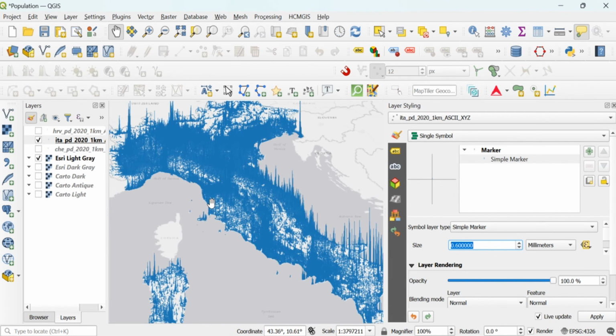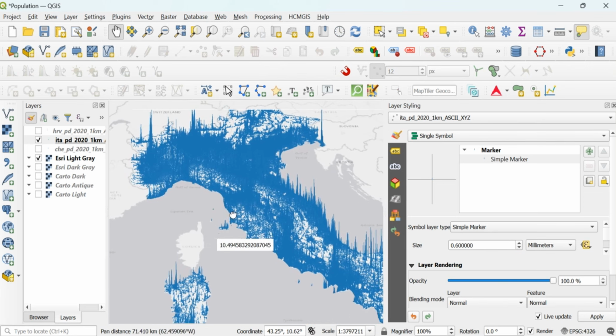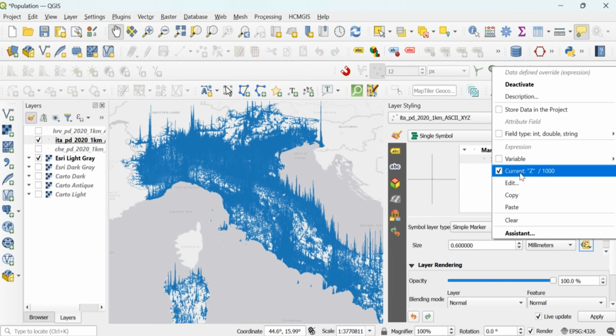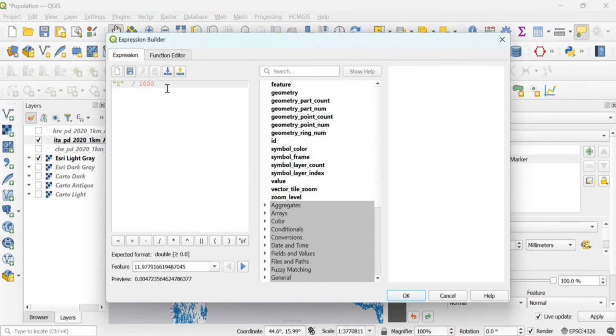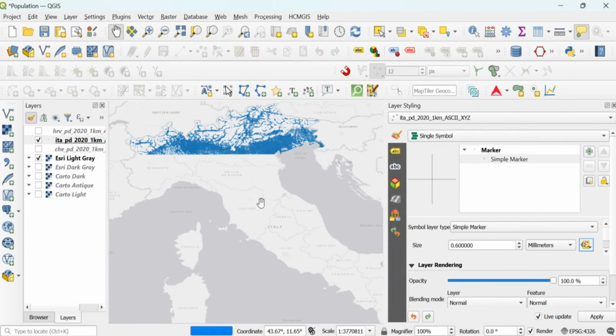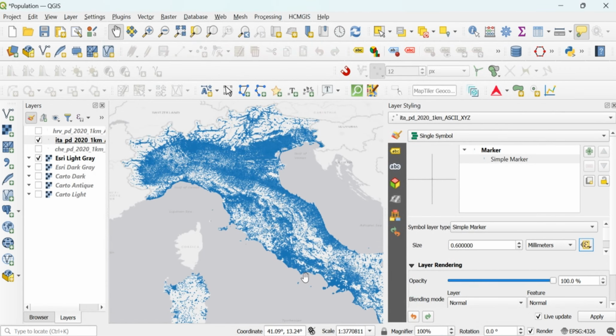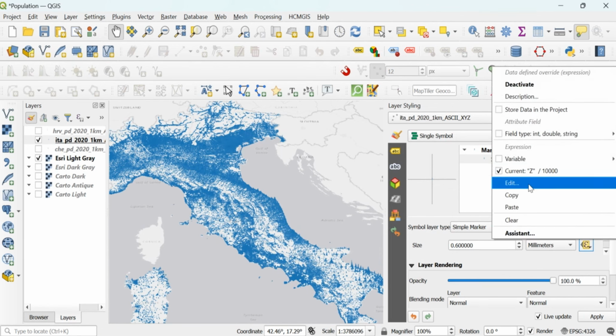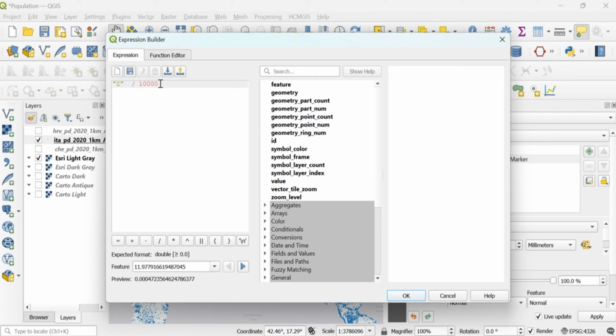Because the north side is heavily dense, it makes much more sense, I think, to increase this value maybe. Yeah, if you also increase the value, then it's not also working.